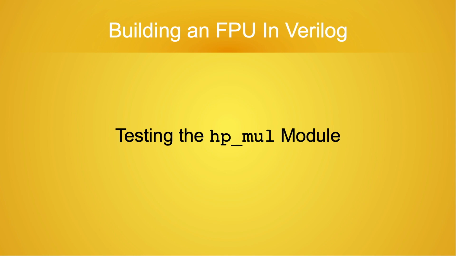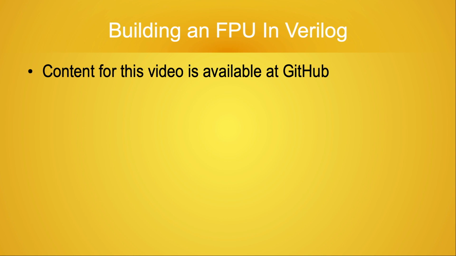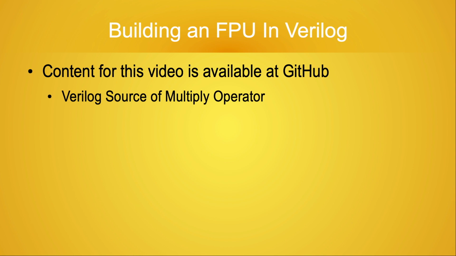In this video, I'll be writing a test procedure for the 16-bit floating point multiply operation. The source code for this video can be downloaded from GitHub. In the comments section, I've included directions for making your own local copy of the repository. The source code includes both the Verilog code for the 16-bit multiply operator and the test bench code for verifying